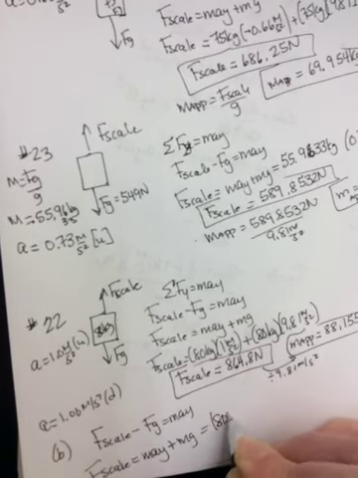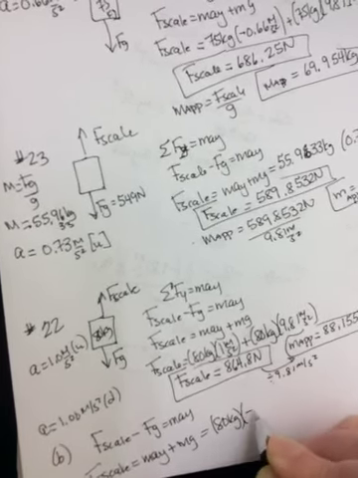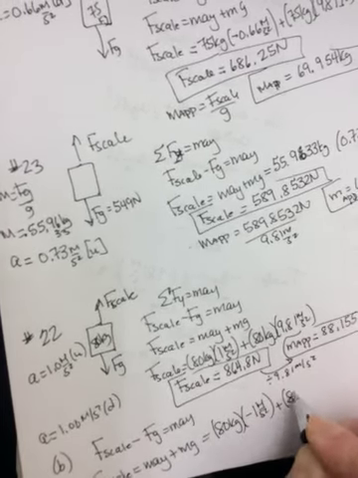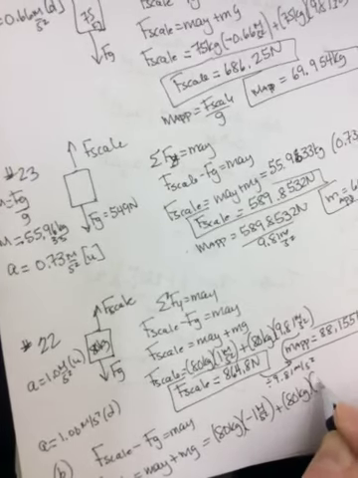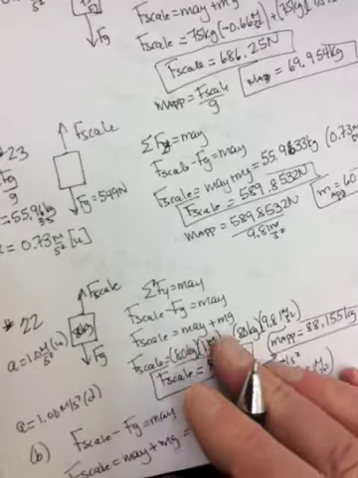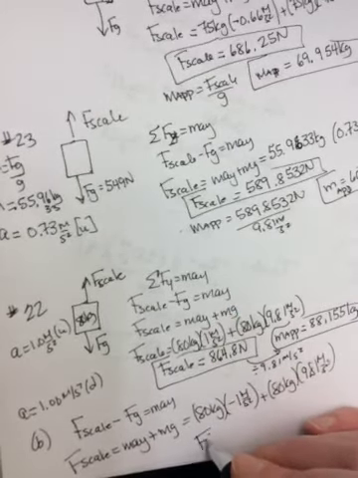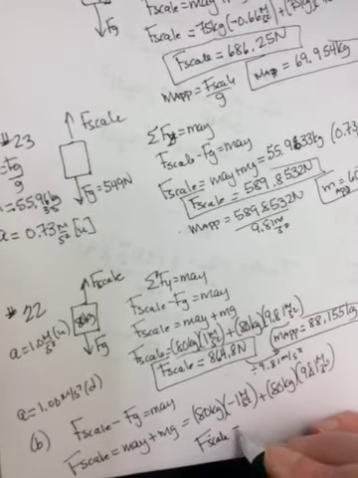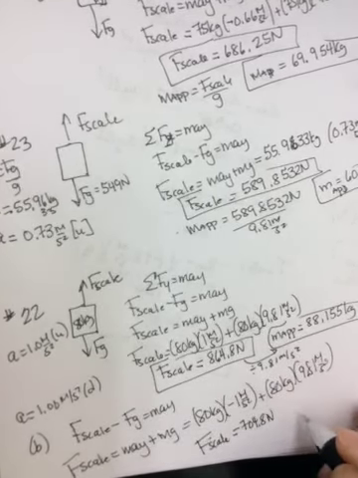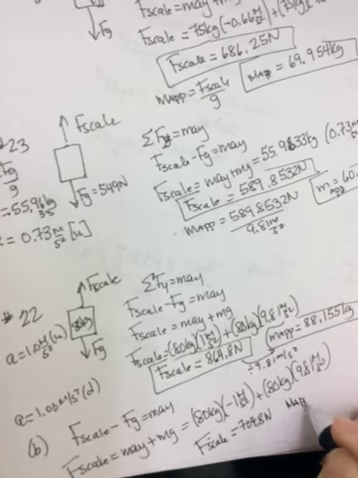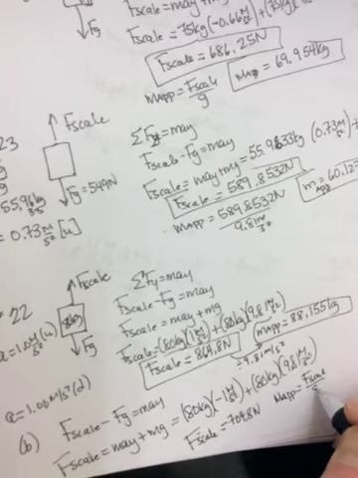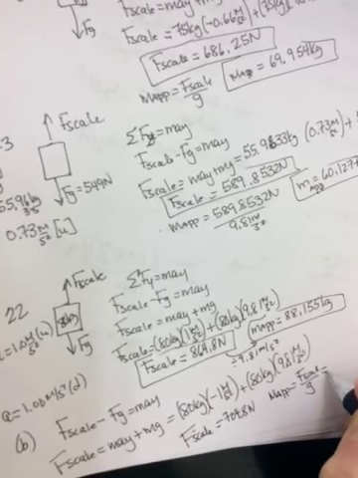So 80 kilograms times negative 1, because it's going down this time, plus 80 kilograms times 9.81 meters per second squared. And so you get an F scale for the apparent weight to be 704.8 newtons. And then the apparent mass, because I have 30 seconds left, will be F scale divided by G. And when you do this, you get